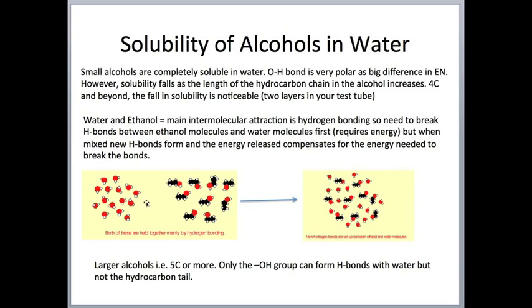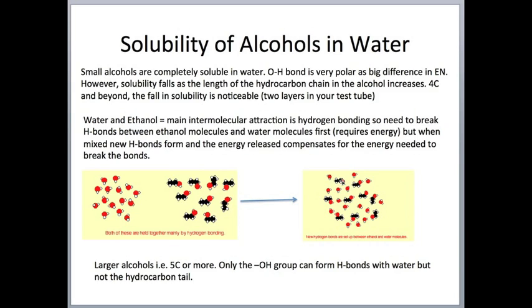So this diagram here, these red circles with the 2 white dots represent water molecules, and these represent ethanol. As mentioned before, these are held together by hydrogen bonding. First you'll need to break the bonds between the ethanol molecules and the hydrogen bonds between the water molecules in order for them to mix. They will then form new hydrogen bonds between, as shown here, the water molecule